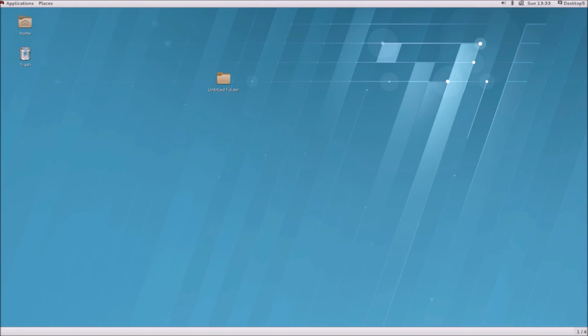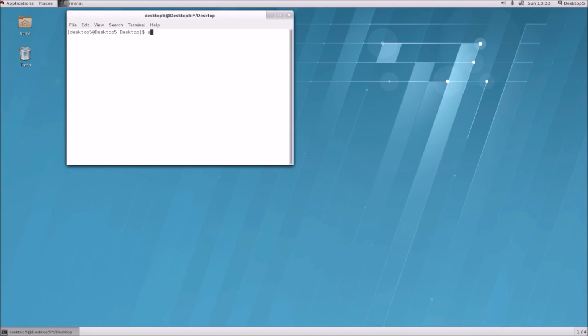Open your terminal. This is my terminal. I am going to root user mode, giving the password Red Hat.